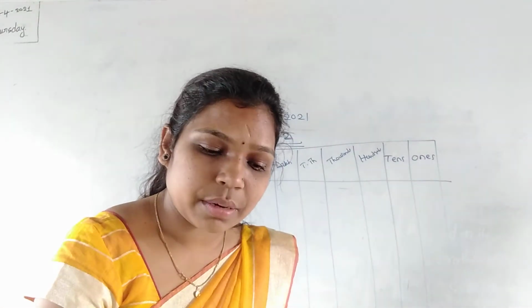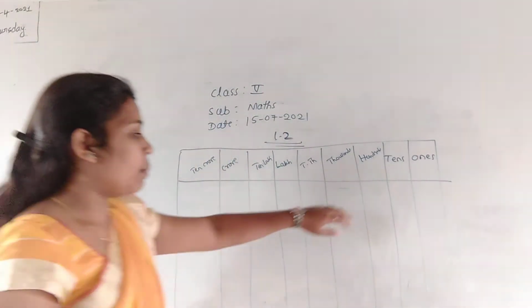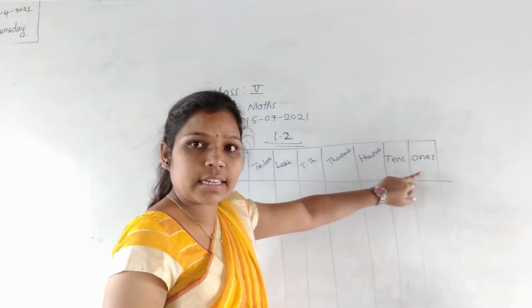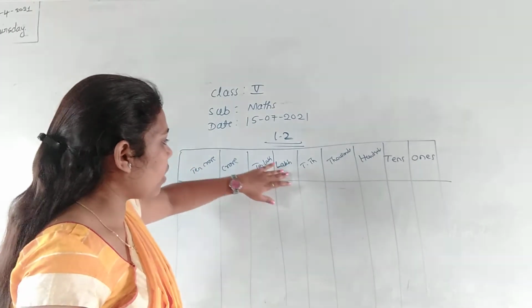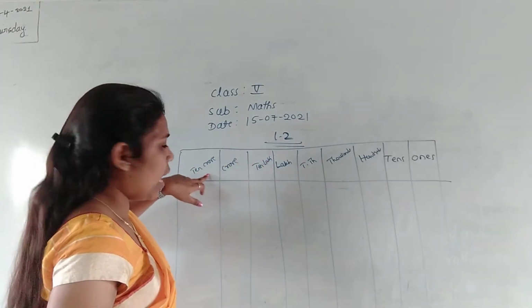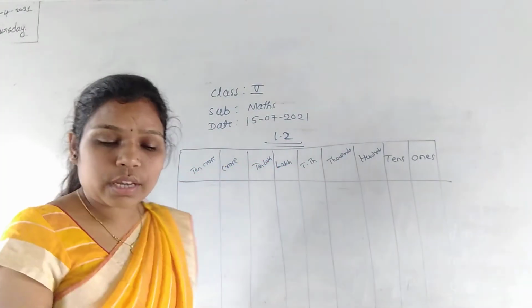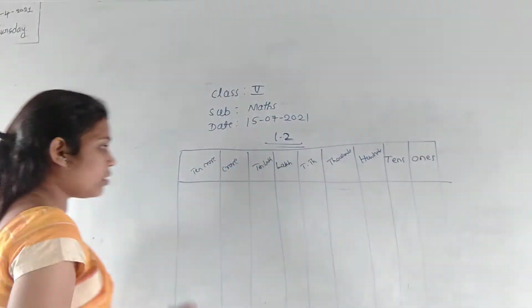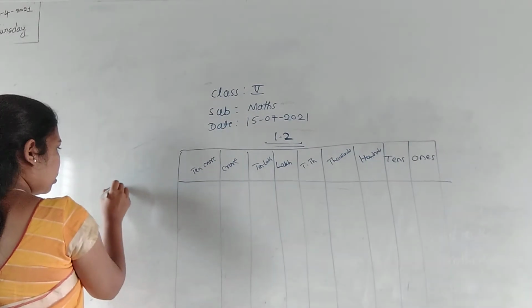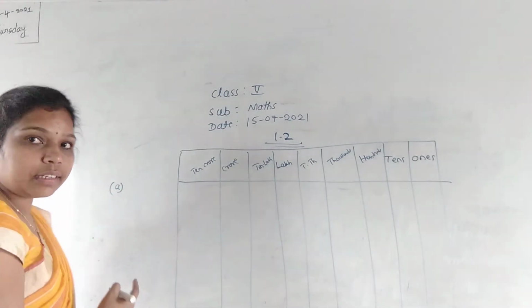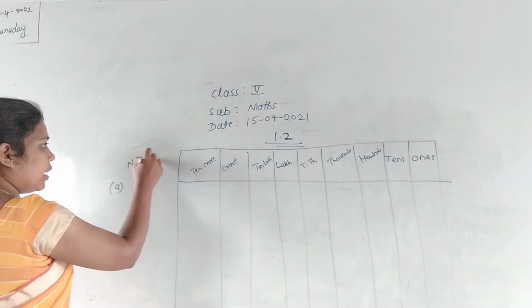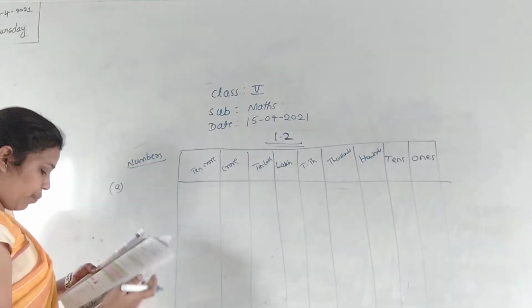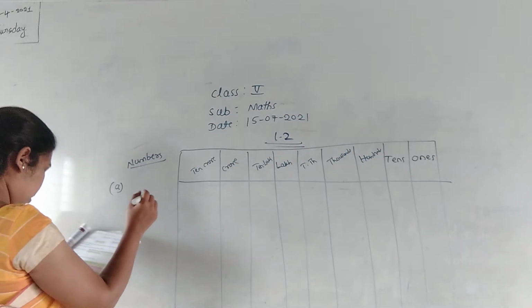So they have given us some numbers here. You have to write them in this place value chart. Here ones is there, next will be tens and hundreds, thousands, 10,000s, lakh, 10 lakh, and here will be crore, and here will be 10 crore. Okay. So now write the numbers. What is the first number here? The first number is 8 question. Visible, right? Yes. I will write the questions here, the numbers they have given, that we are writing here. Okay. So what is the first number?